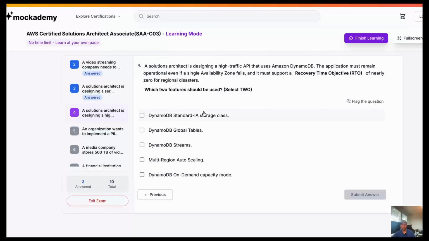Select 2. Option 1, DynamoDB Standard-IA storage class, DynamoDB global tables, DynamoDB Streams, multi-region auto scaling, DynamoDB on-demand capacity mode. I think the right answer should be global tables